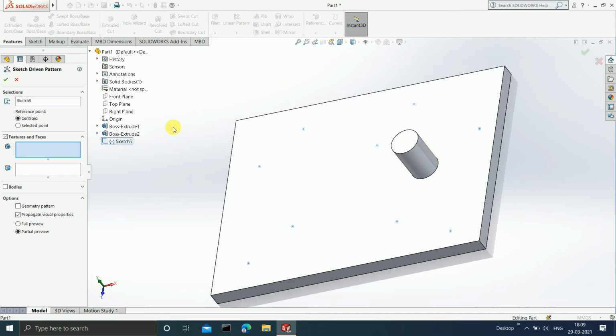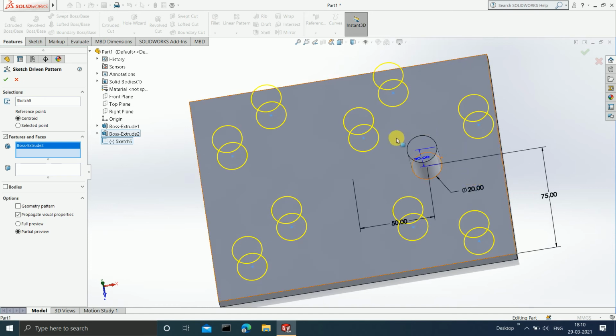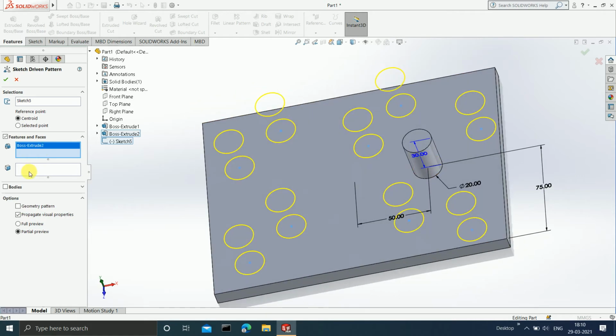Now after this is done, it is asking us whether we want to select features or faces, or whether we want to select bodies. Here I am going to select features. See, as soon as I select the features, at the points wherever I have plotted the points, at that particular position I am getting the cylinder. Clear with this? Now if you want any face to get repeated, to have multiple copies, then you can select this particular slot, and then you can select any face that you want. Okay, clear with this?